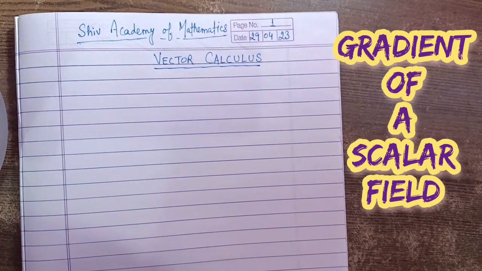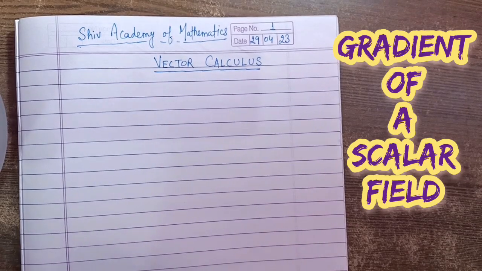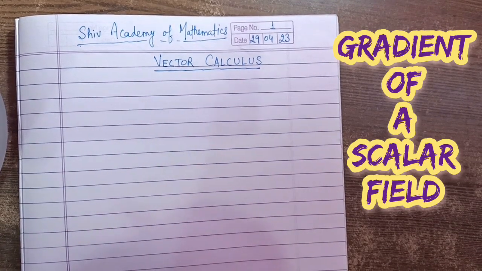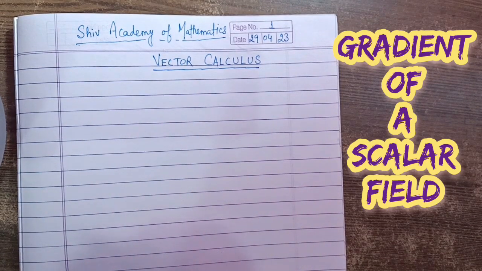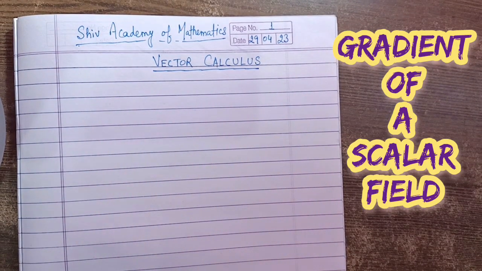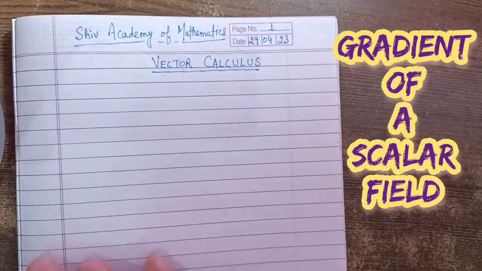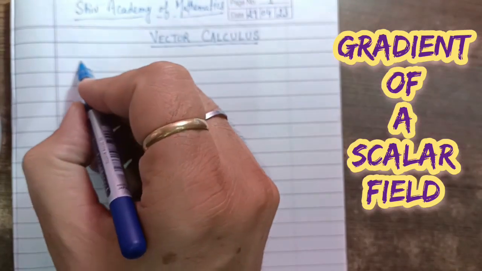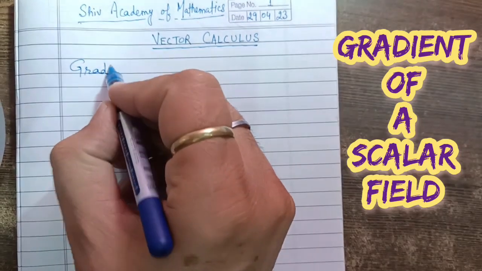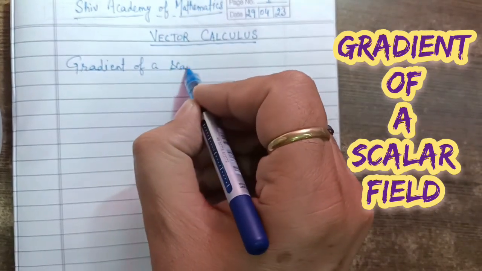आज हम पढ़ रहे हैं वेक्टर कैलकुलस। तो वेक्टर कैलकुलस के अंदर हम वेक्टर्स के बारे में डिस्कस करने जा रहे हैं, जिसमें ग्रेडियंट, डाइवर्जेंस और कर्ल, ये तीन इंपॉर्टेंट टॉपिक्स हैं। तो वन बाय वन हम वीडियोस के अंदर डिस्कस करेंगे। तो सबसे पहला जो टॉपिक हम आज लेके चल रहे हैं, दैट इज ग्रेडियंट ऑफ अ स्केलर फील्ड।